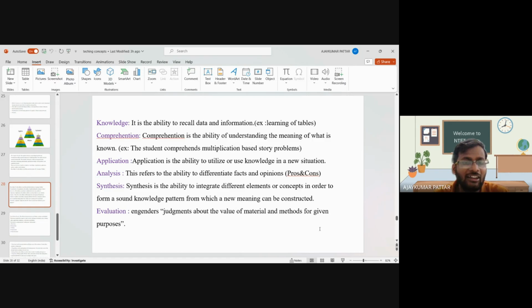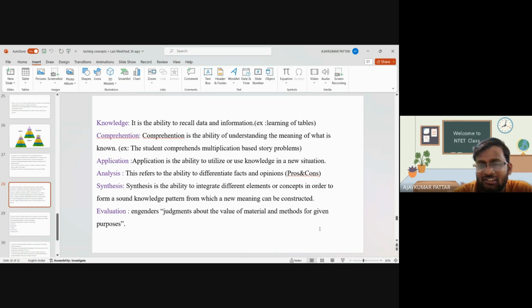Then application. After comprehension, what happens? We will apply our ability. Application is the ability to utilize knowledge in a new situation. What is application? If we are told to use a particular drug in a particular situation, based on your drug knowledge you can apply and use that medicine